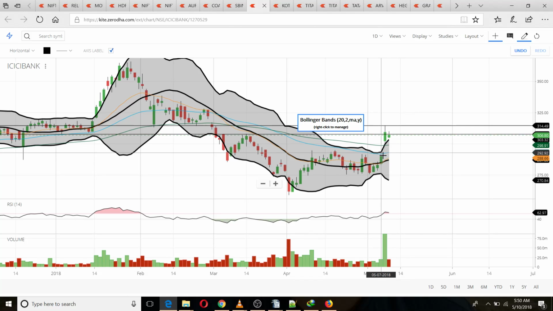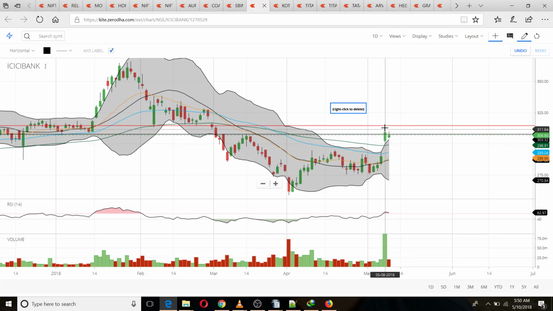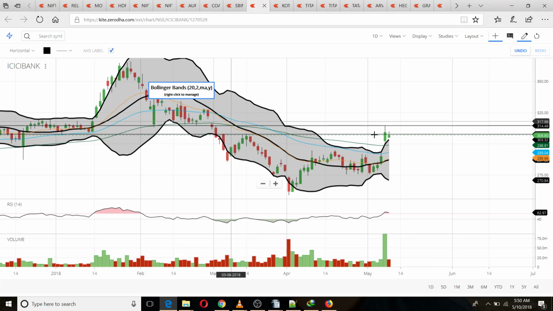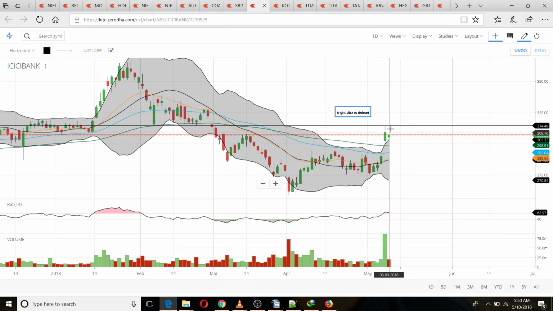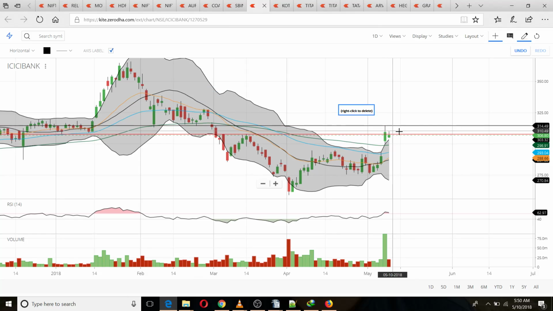Here we see that this is a big gap up, and this gap up has reached a level where it should be facing resistance. We see that yesterday it was at around this level itself. It was just hanging above, and this is the resistance. This is the range that I have drawn,